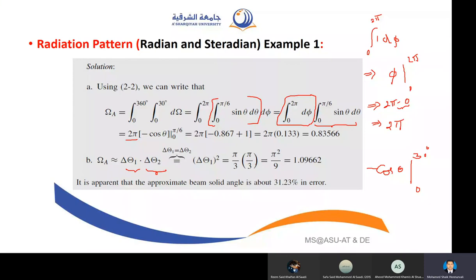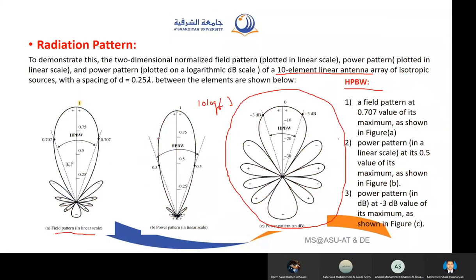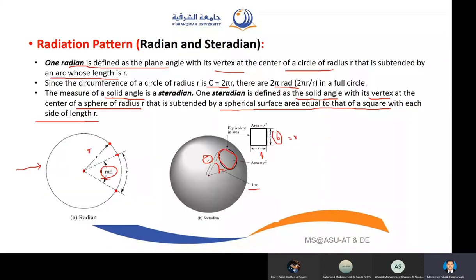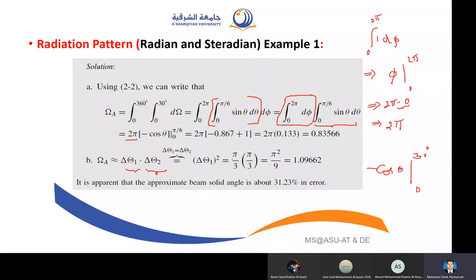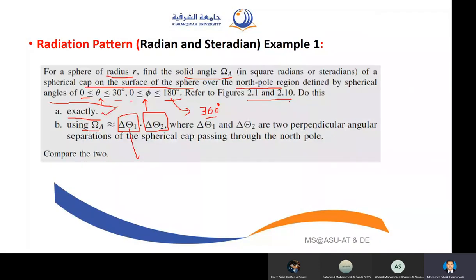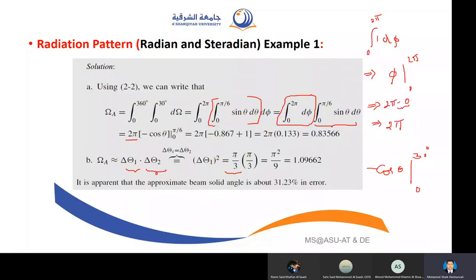So here, based on this radiation pattern, I assume that the half power beam width in each orthogonal plane is 60 degrees. So I will assume it as pi by 3. This is my assumption. But from an exam point of view, if I ask, I will give you the value also. Here they have taken an assumption, because they said in the question to watch that figure. From the figure, they have taken this value. So pi by 3, if you multiply both of them, it will be pi square by 9, which will be